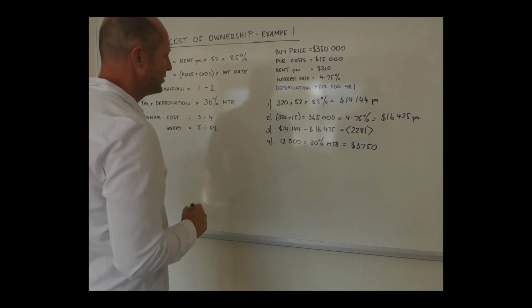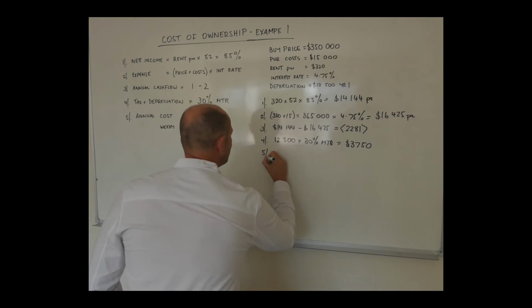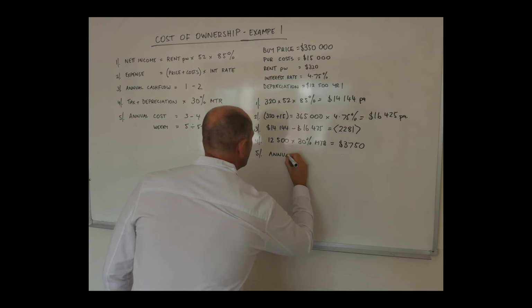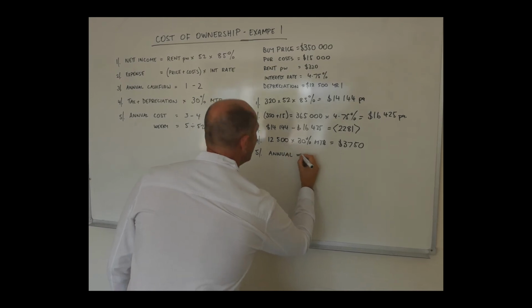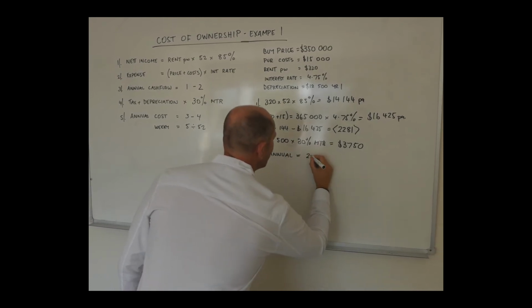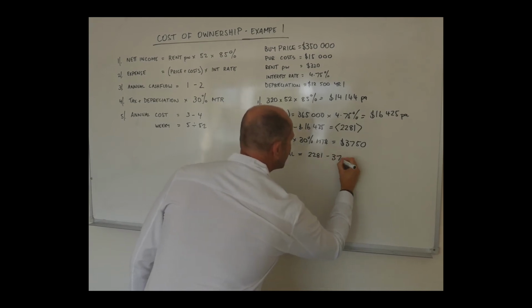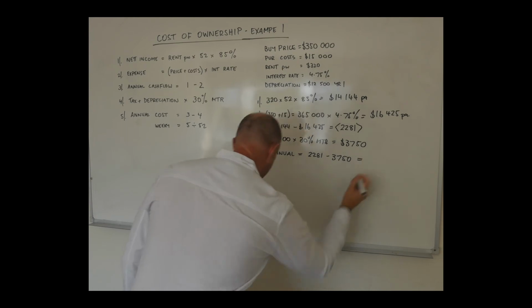Now the last two calculations are the fifth ones here. And for the first one, for the annual, we then go, okay, well we know it's 3, so it was $2,281 minus the $3,750, and that equals